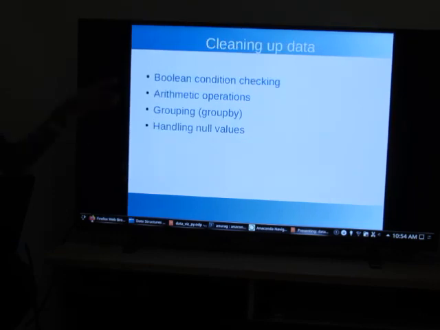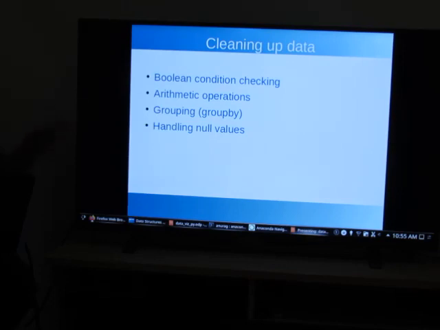And then along with that, sometimes we wish to clean the data so that it's better to handle. These are some basic operations which we want to perform. For example, if we want to extract certain columns, certain values from columns, we can apply Boolean condition checking using normal statements like this value is greater than 500, or this value is less than 1000, or it's within a certain range. Pandas makes applying such operations on the data frame easy.